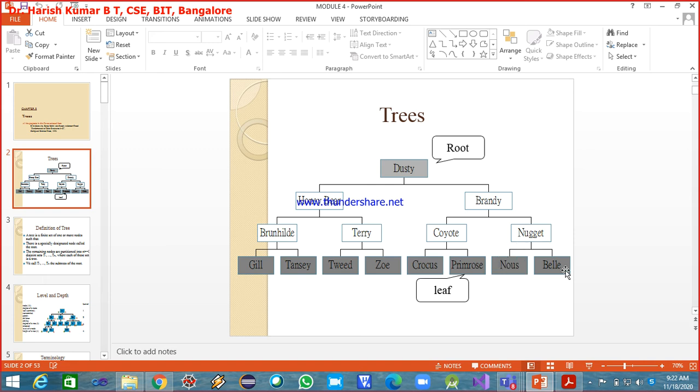Say for example, I'm deleting these 2 nodes here. These 2 leaf nodes, assume I'm deleting these,